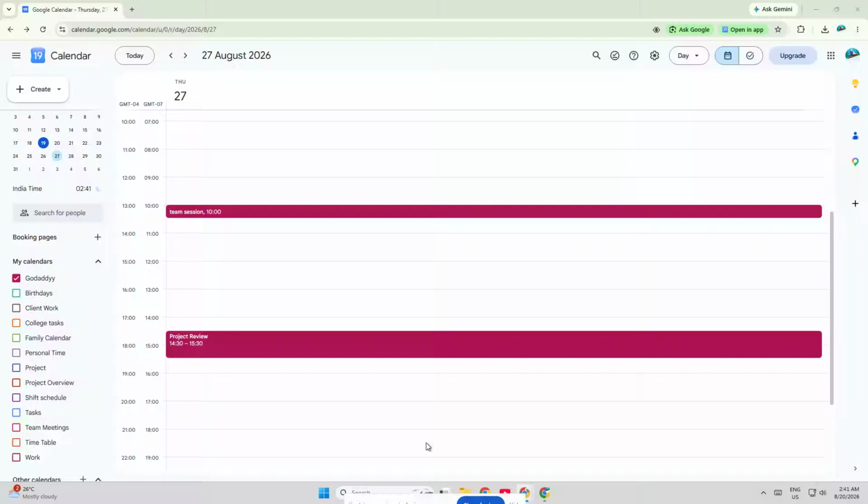If you want to make your Google Calendar look cleaner, softer, and way more aesthetic, then this tutorial is for you. In this video, I'll show you how to make Google Calendar pastel colors in just a few simple steps. This is a great way to organize different calendars, make your schedule easier to read, and give your calendar a